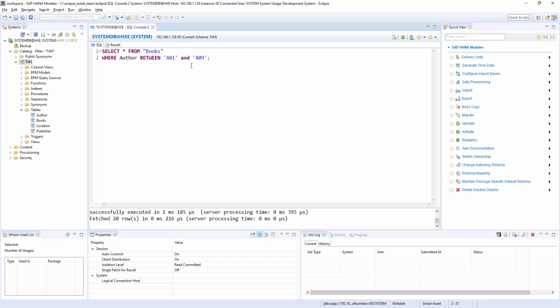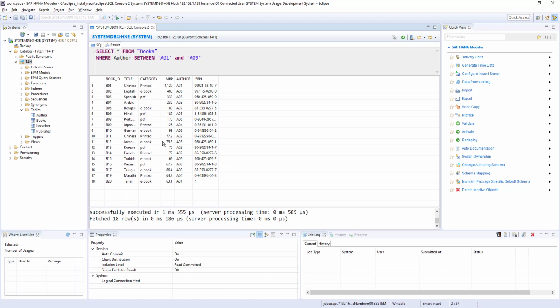From A01 to A09 we have 9 authors in our books table. If I run this statement, I get 18 records, because I kept the condition on author and all the null values. There are 2 null values in author. Those get removed from the result.